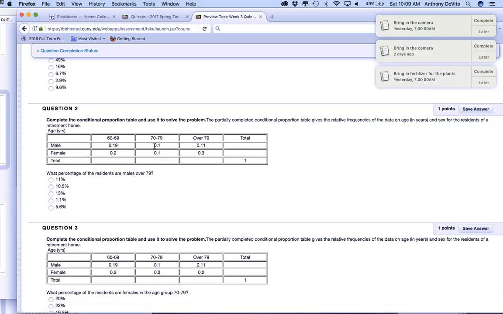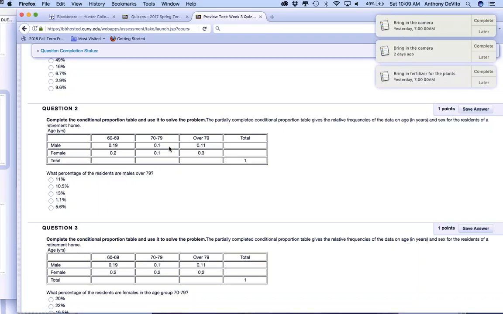Well, we know that 1/10 of a percent are between those two ages, and 11/100% are between these two ages. So 0.21 of the total population is over 79, but we're only interested in the males. So we have to add up the total population for males and put 0.2,